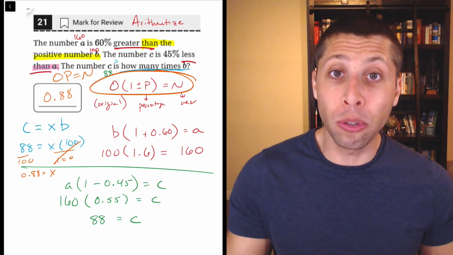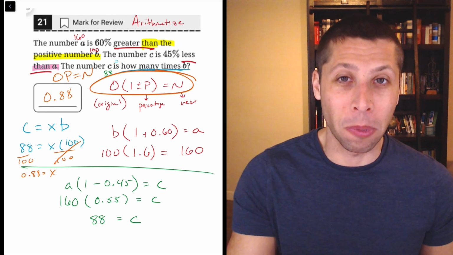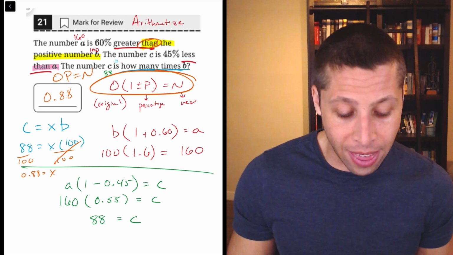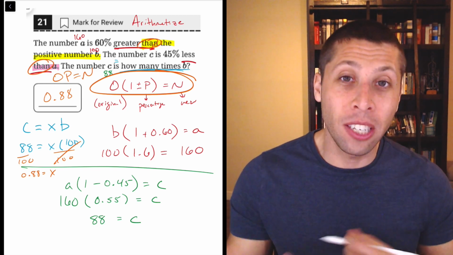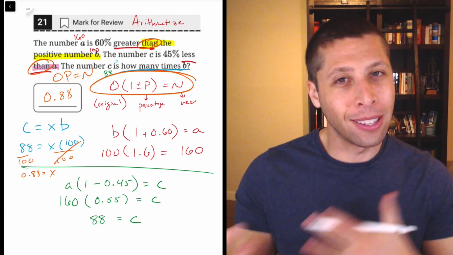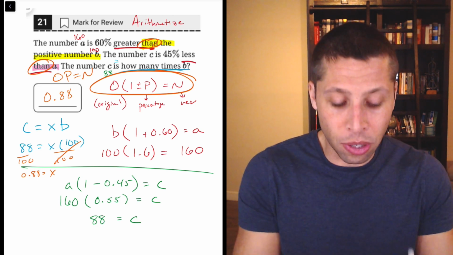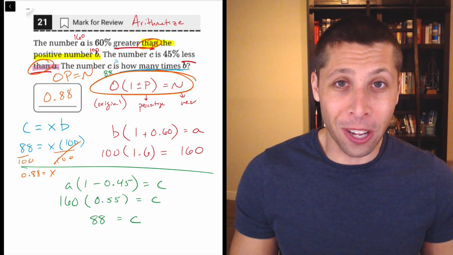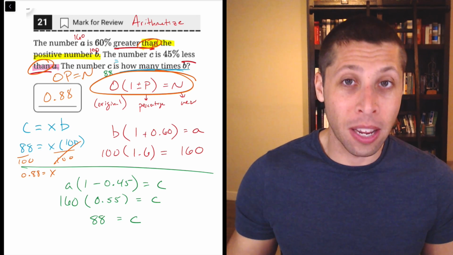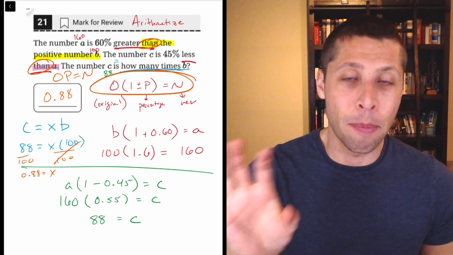And one of the biggest clues that we have the weird open formula with the plus or minus is words like "than." They're telling us that we're changing, that it's a change in percentage. And so we need to adjust using this formula. It is a tricky question though. So again, I don't feel bad if you got it wrong, but because I was able to arithmetize and pick a number for B,